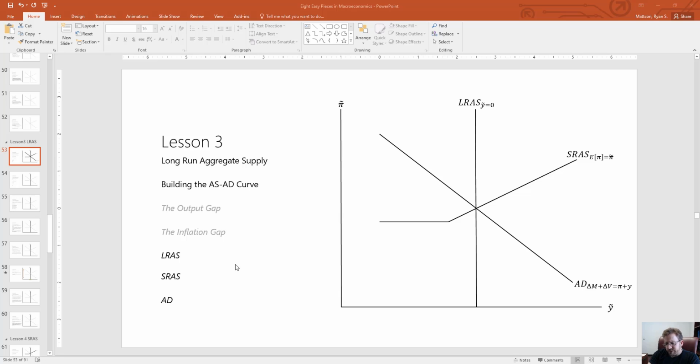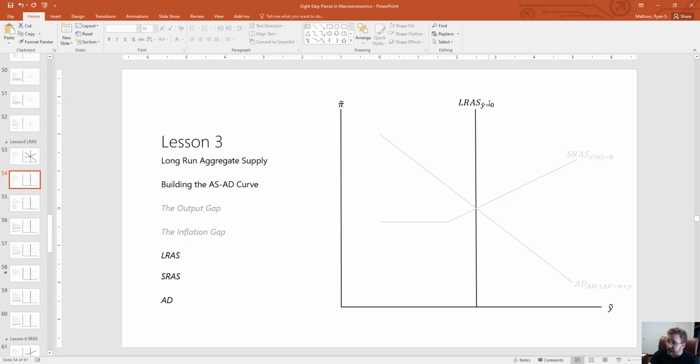Now, we've spent the previous videos setting up this relationship between the output gap and the inflation gap. This relationship between, say, real production or expenditure in an economy and the price changes above and beyond or below the inflation, the trend inflation rate. We're getting to this aspect again of we want to look at these dynamic movements in the business cycle of expansion and contraction.